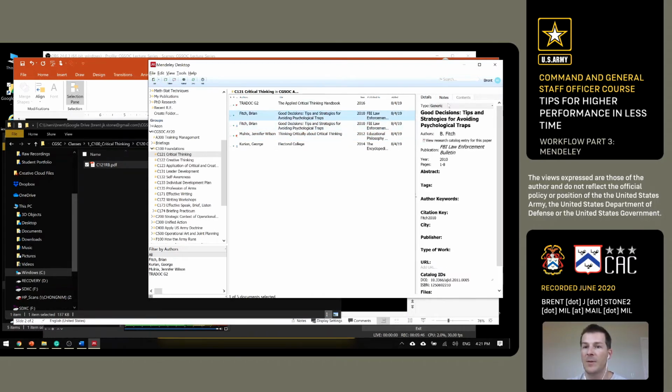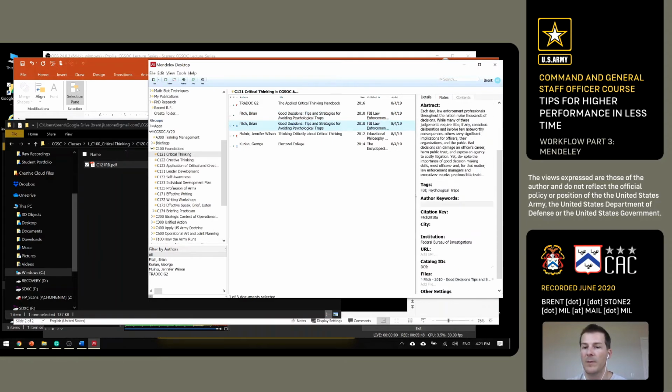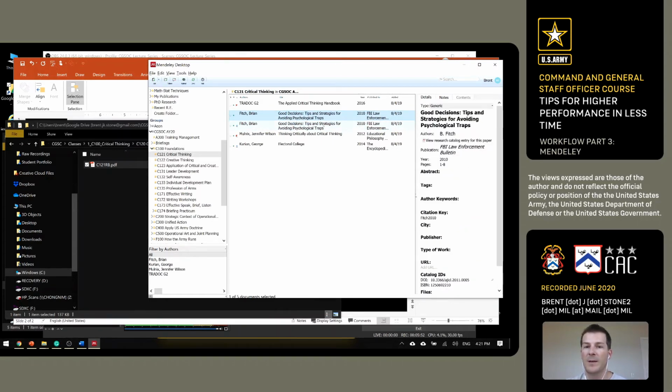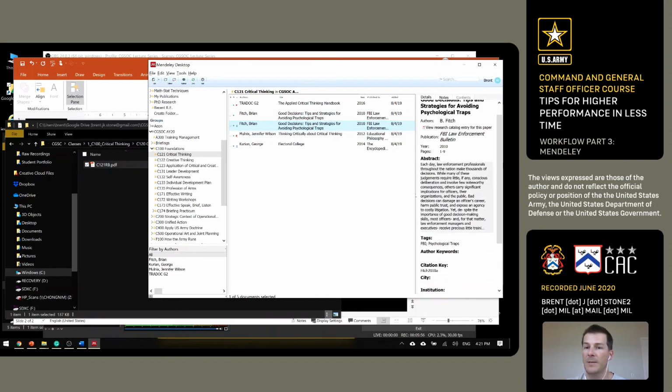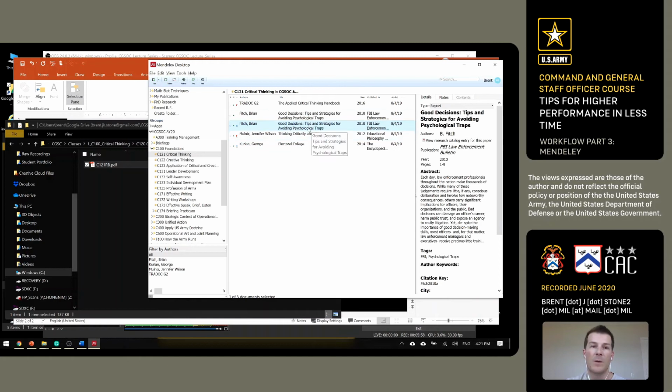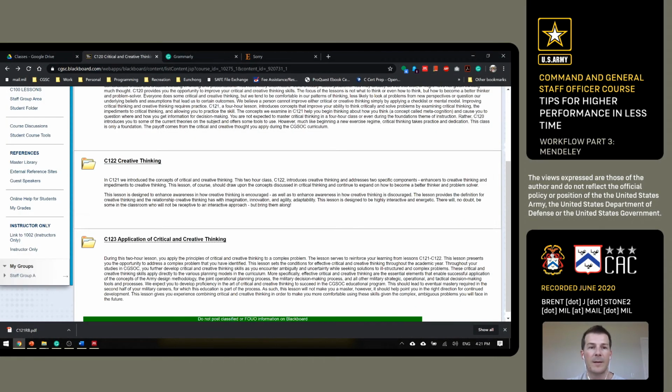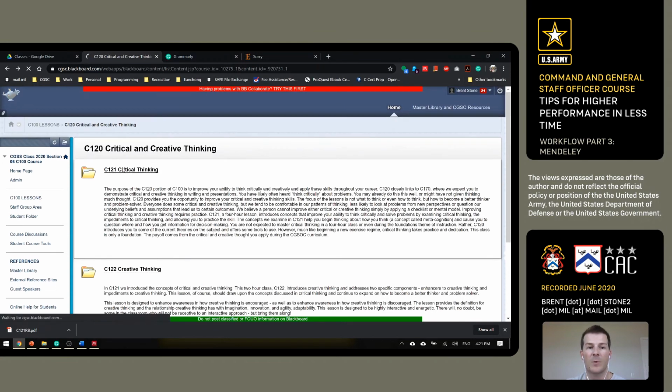Now see how this one says generic and this one says report with much more information filled out. That's because I manually added this information. I recommend that when you go onto your Blackboard and you're actually grabbing these citations down for the first time, for example C121,